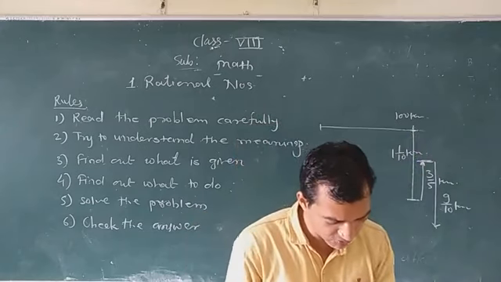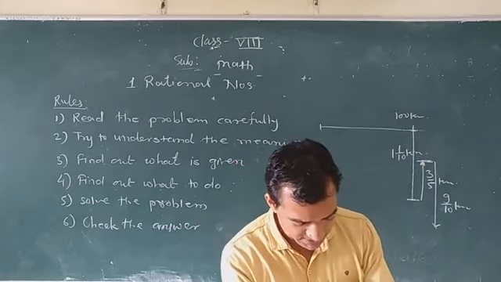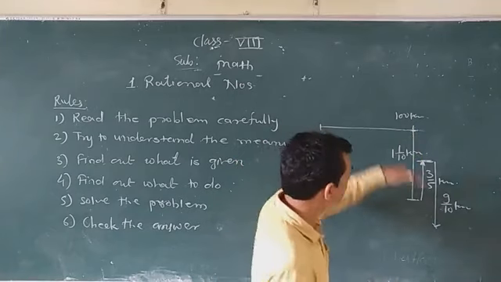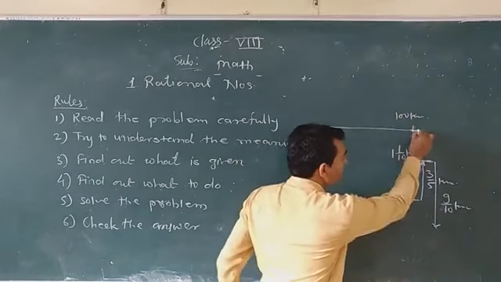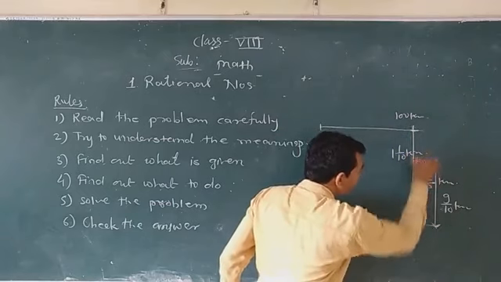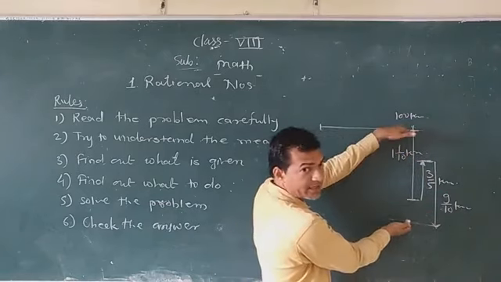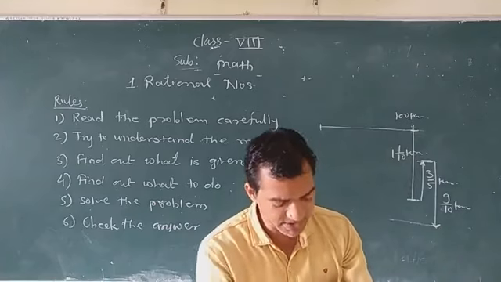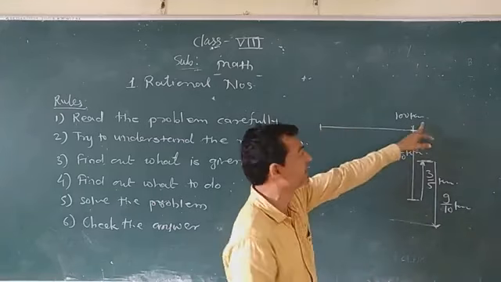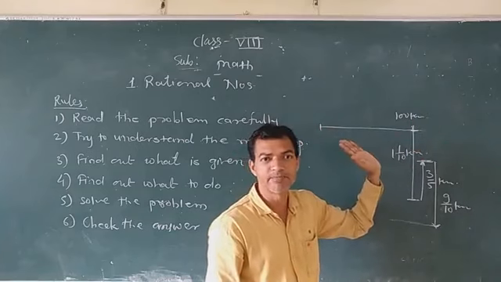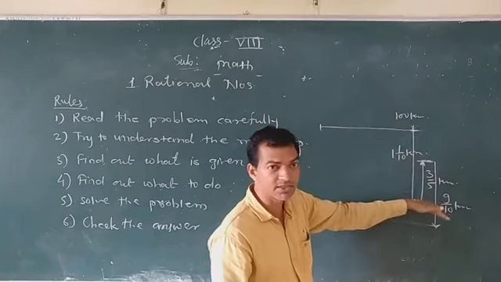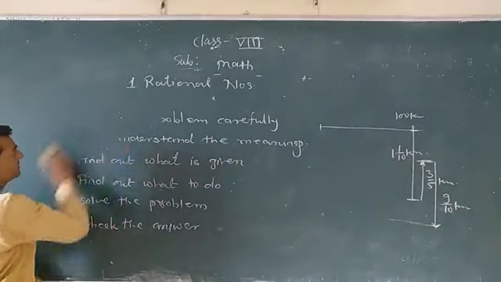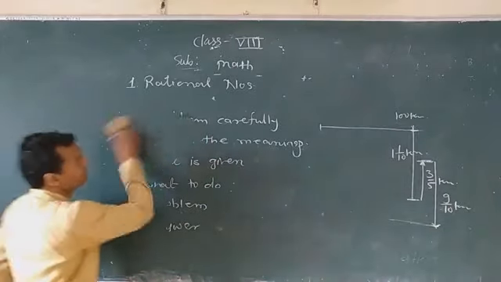The first question is: what is its current position with respect to the sea level? What is the distance from this level to this level, that you have to find. And the second question is: what is the horizontal distance? The horizontal distance is given, 100 km. That you can write directly. Now we will solve this one. See here, over these rules. Good.